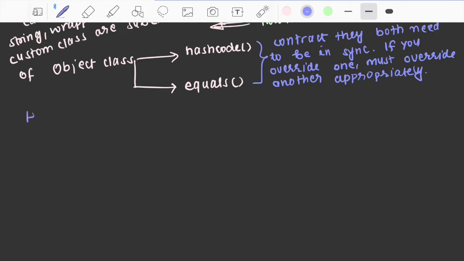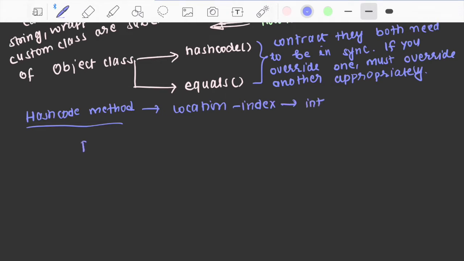Now let's talk about the hashCode method first. The hashCode method will give us a location. That means it will give us an index, an integer value, right? So the structure of hashCode will be public int hashCode, and it requires performing certain functionality over